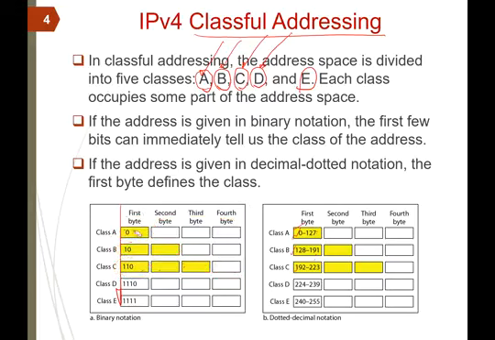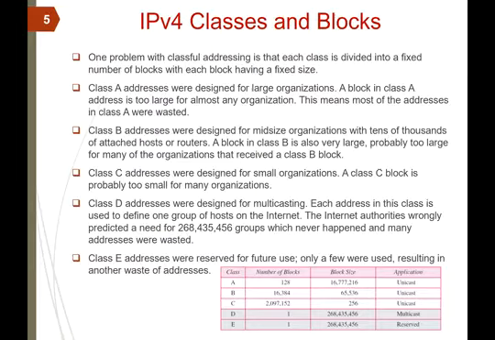Because if you have an address in Class A, with one address, how many hosts can you name? You have 32 minus these 8 bits, which equals 24. So with one Class A IP address, you can name 2 to the power 24 hosts, which equals